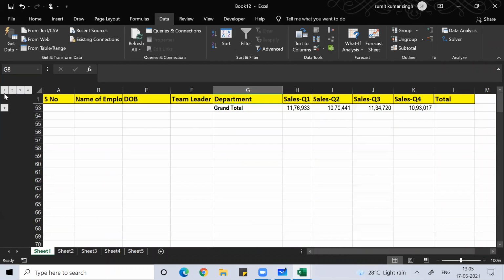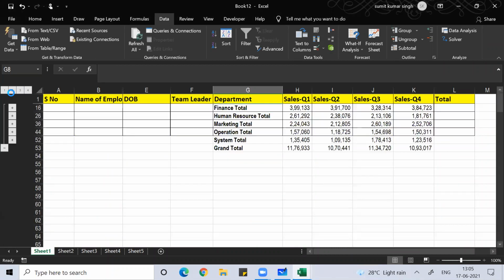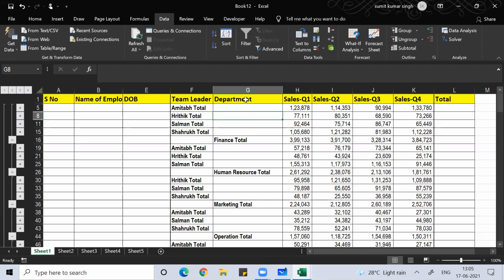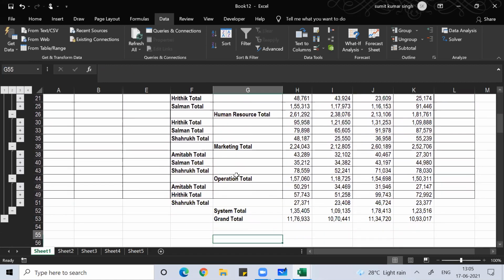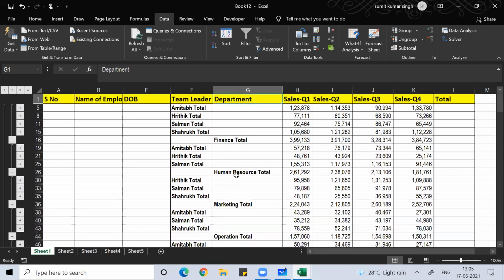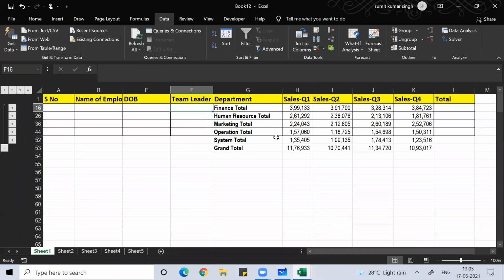In the first window, you'll see the grand total. In the second window, you can see the total team leader wise. In the third window, you can see the team leader under each department, the detailed analysis: how much in sales each department has done.